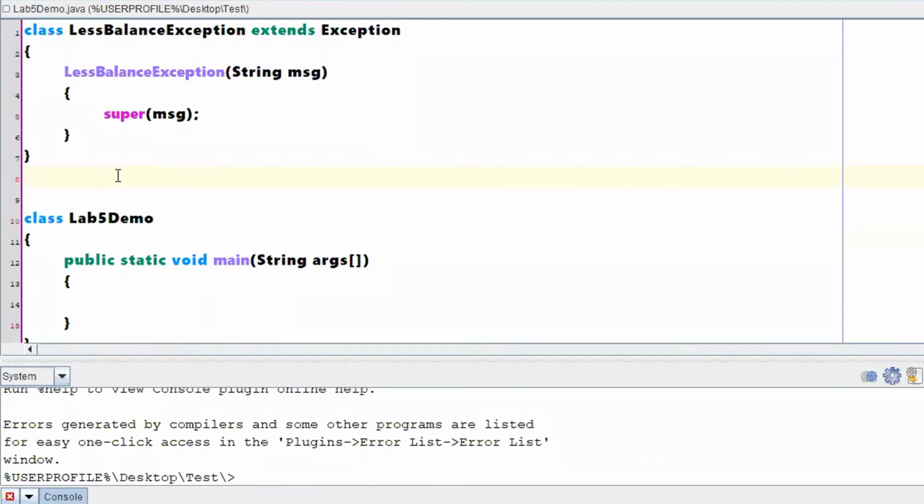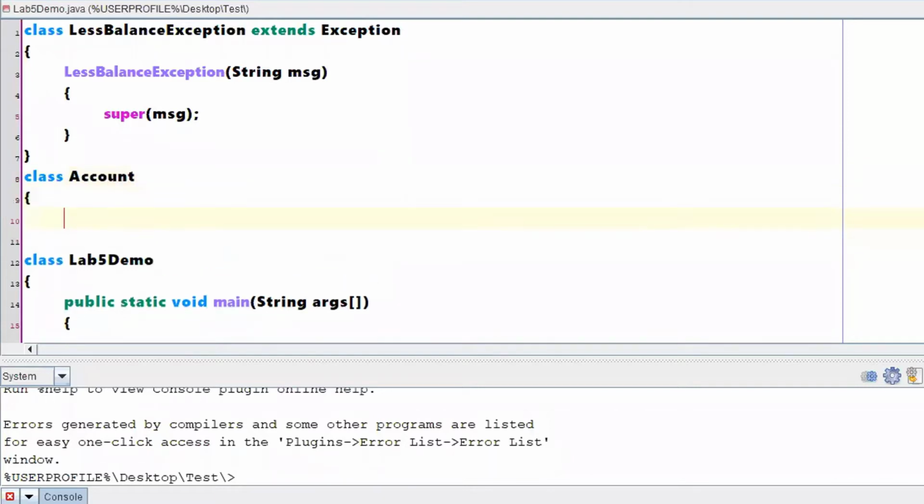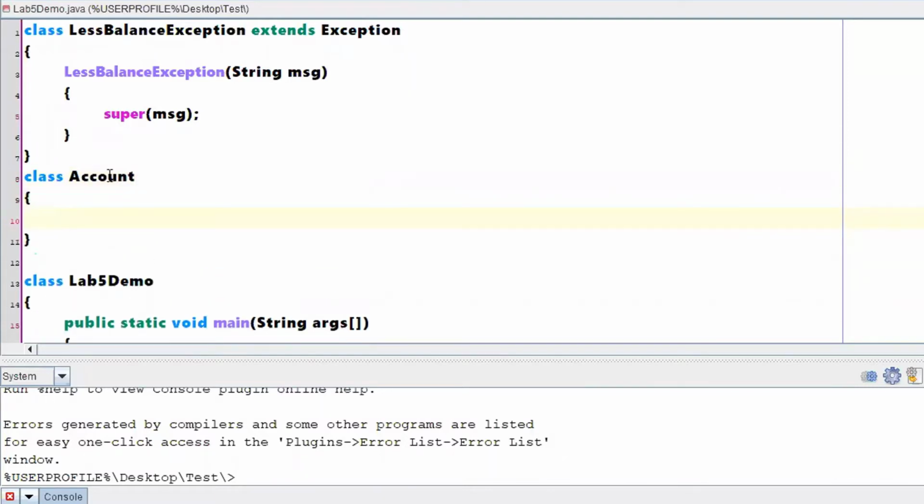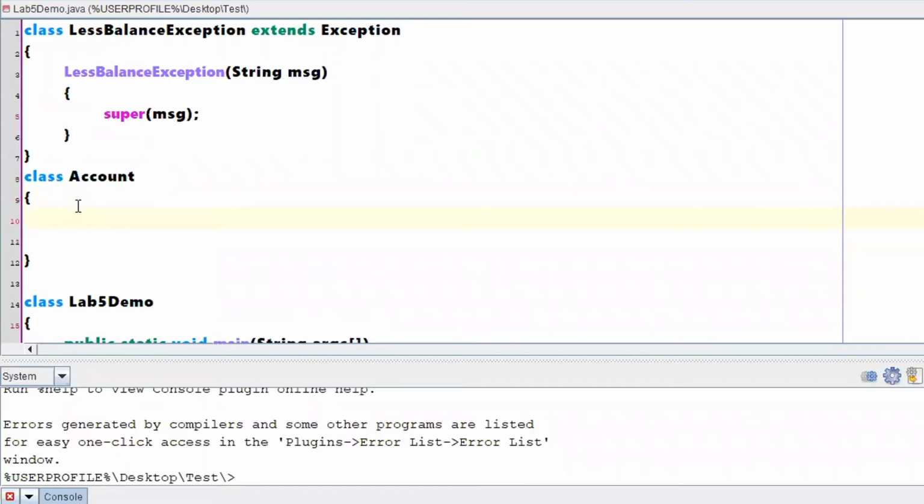Yes. Now class Account, right? With respect to class Account, what are the things we have discussed? We said that first we need to have a constructor. What is the purpose of a constructor? The purpose of a constructor is to initialize the instance variable of this Account. What is our instance variable?